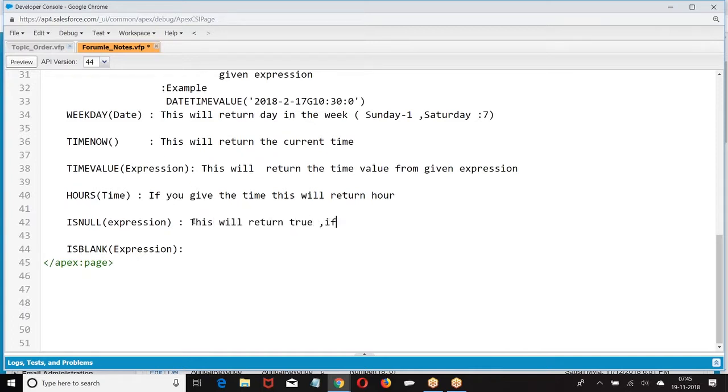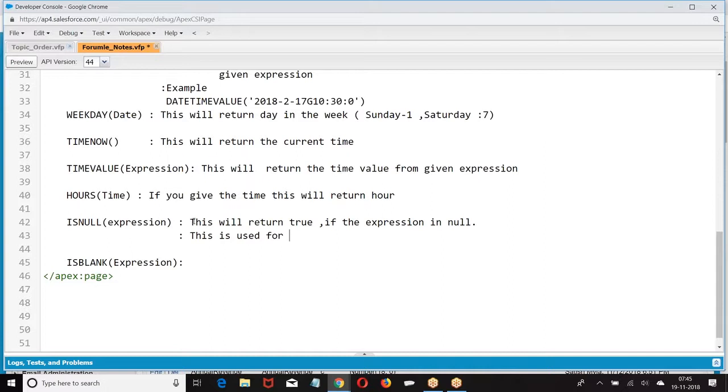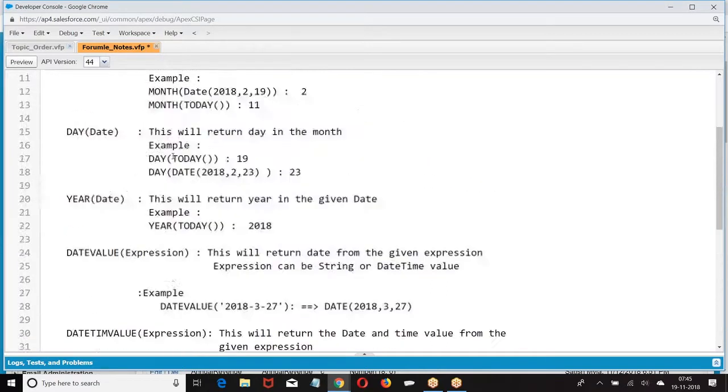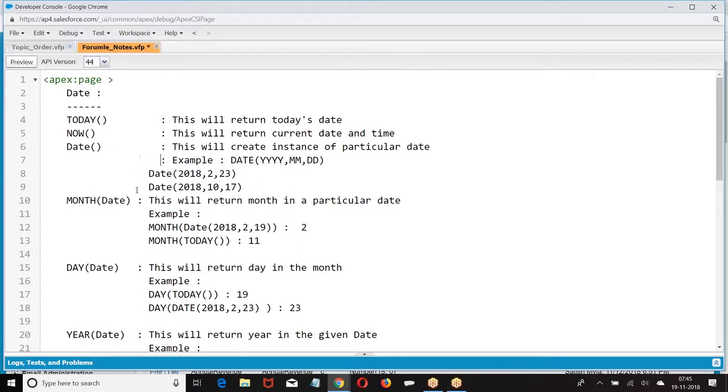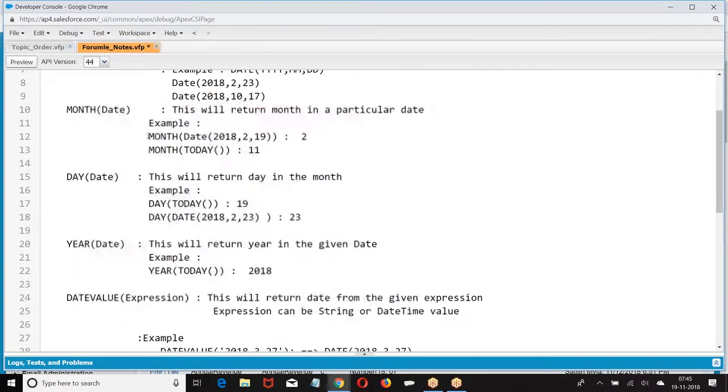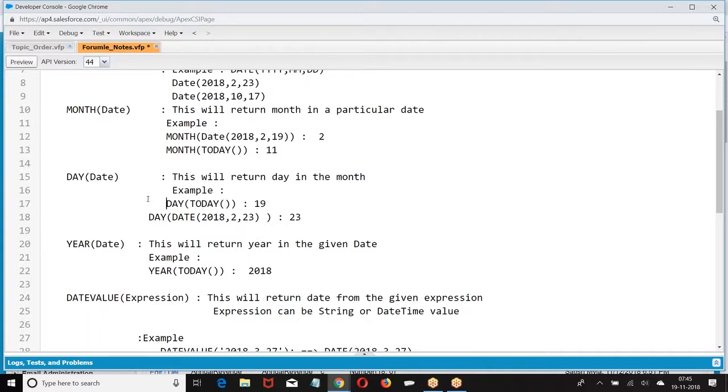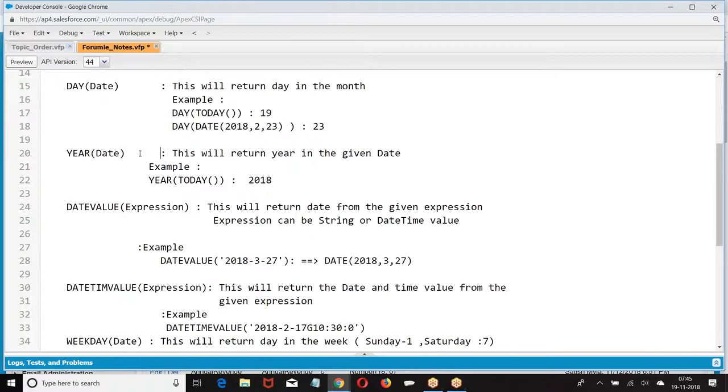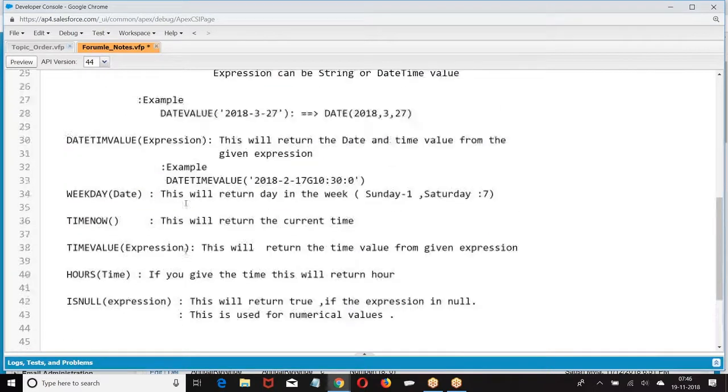This will return true if the expression is. This is used for. Is given that.